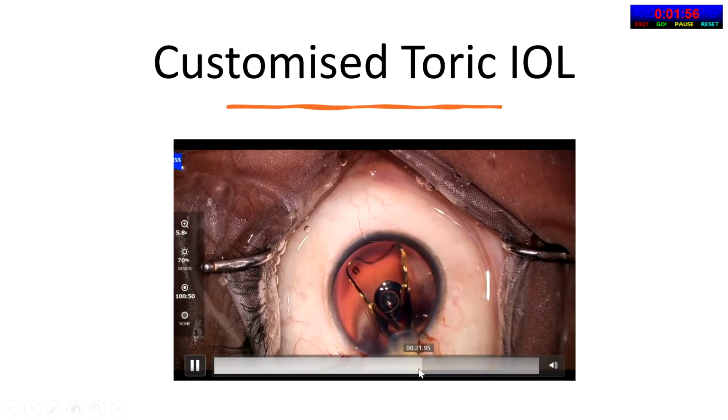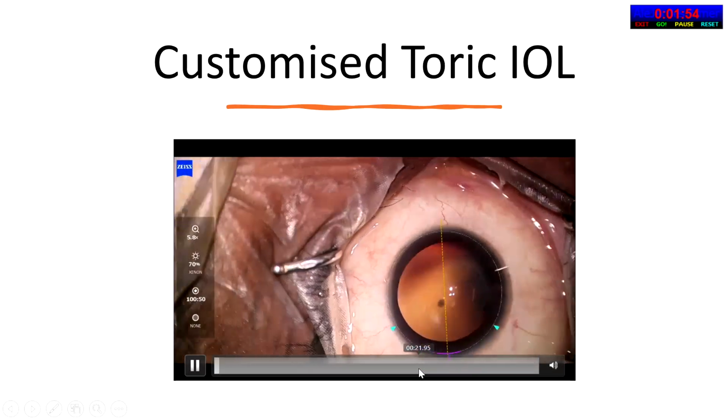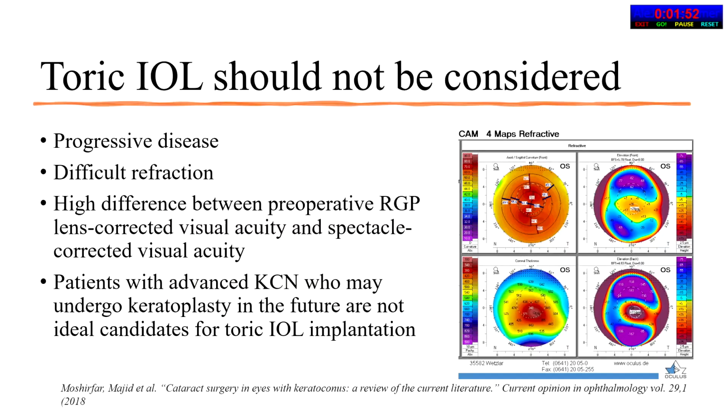So now coming to the point where toric IOL should not be considered. Toric IOL should not be considered in progressive disease, difficult refraction, high difference between preoperative RGP lens corrected visual acuity and spectacle corrected visual acuity. And those patients with advanced keratoconus who may undergo keratoplasty in the future are not the ideal candidates for